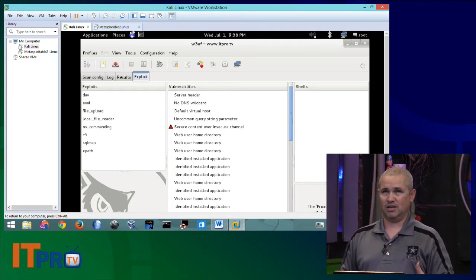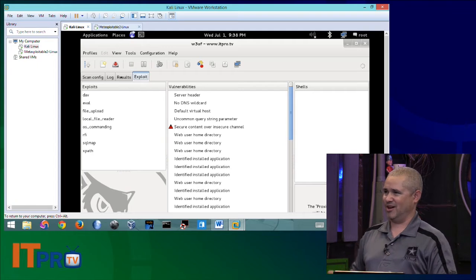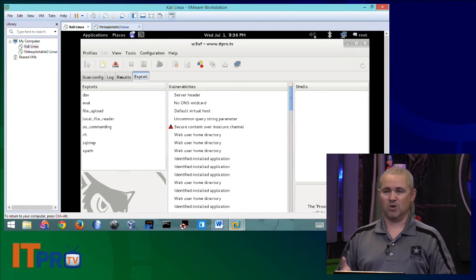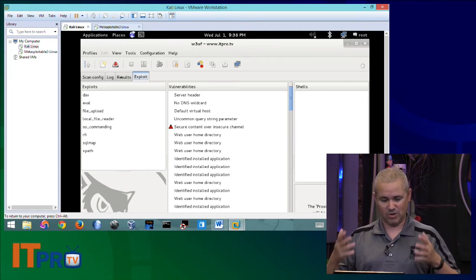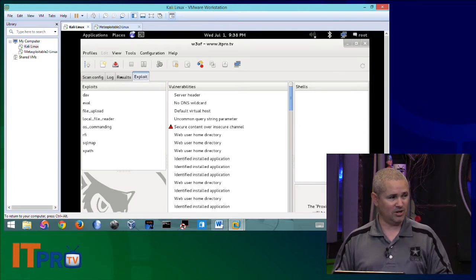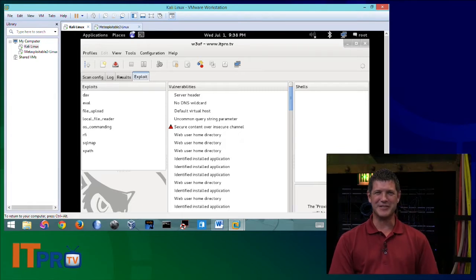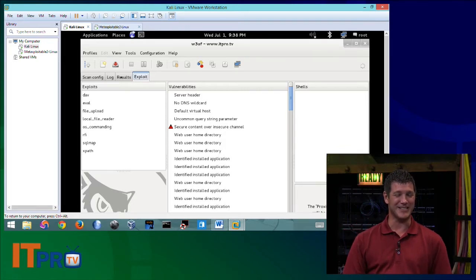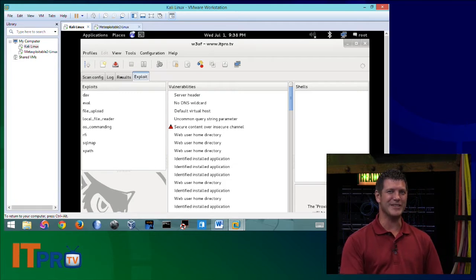I wouldn't tell a novice to look at these things too much, because they're going to flip out and go, oh my God, when am I ever going to get rid of this? What's going on? These things actually make some issues look more serious than they actually are. Some of those vulnerability scanners do seem to over-dramatize,